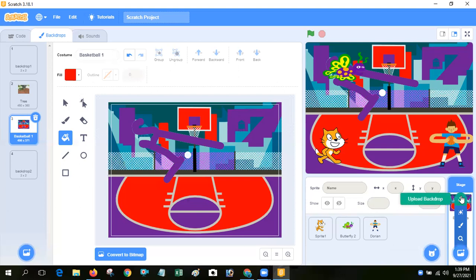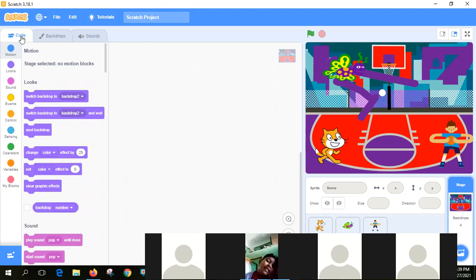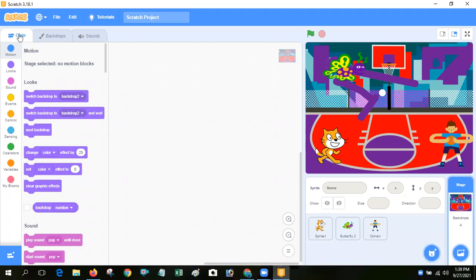So next you can see the tabs. We already discussed the tabs: code, backdrop and sound. Code means script tab. When you use some block in your script area, then you can use the script or code tab.